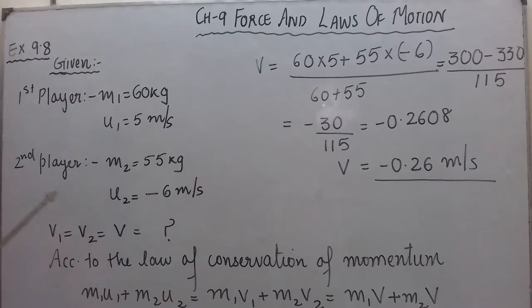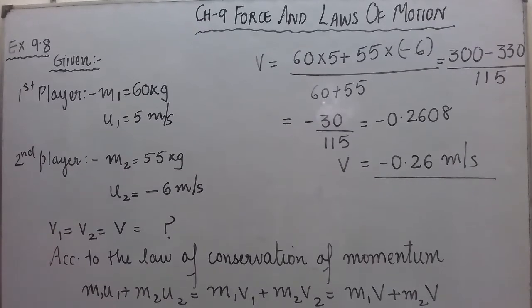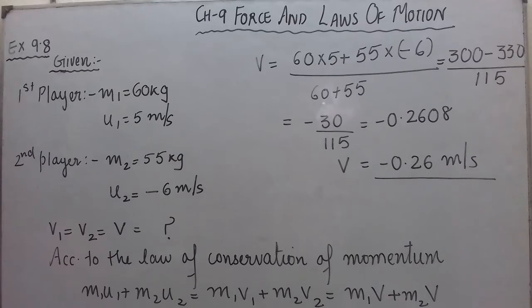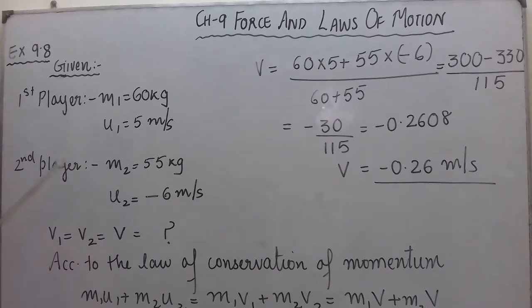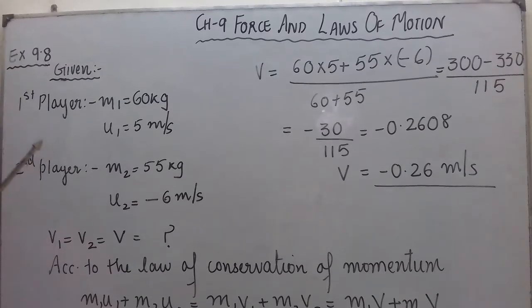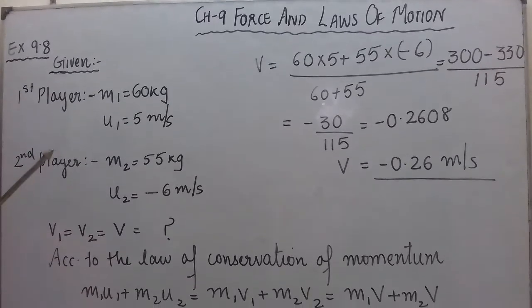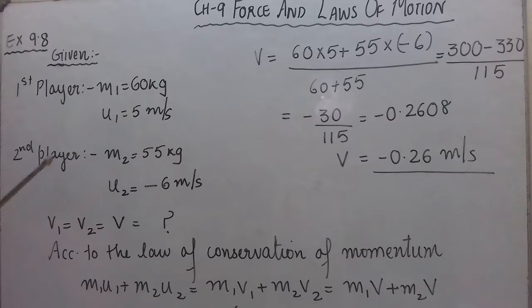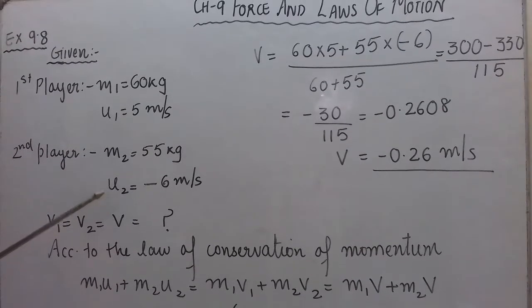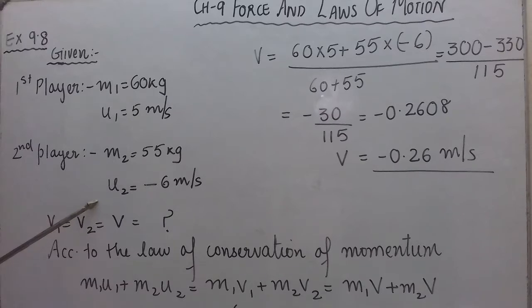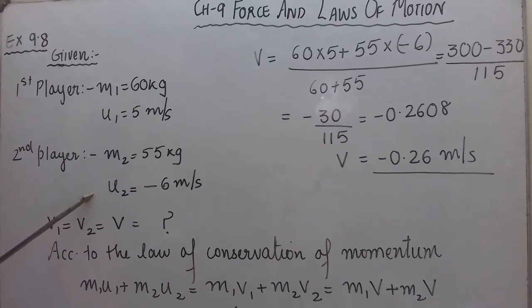Okay. Now, you have to find out what? Let us see. The other has a mass of 55 kg and we have read that he was moving faster with a velocity of 6 meter per second towards the first player, and hence this is negative. In which direction and with what velocity will they move after they become entangled?